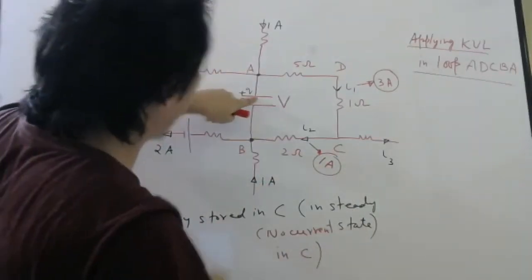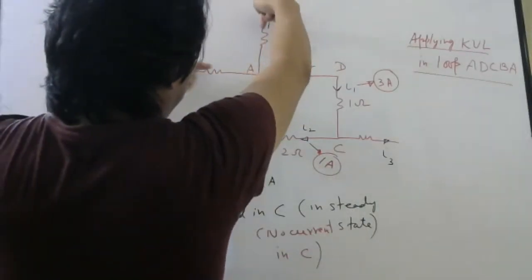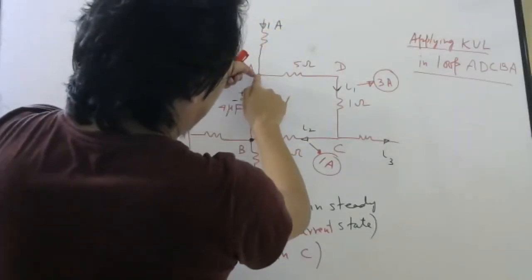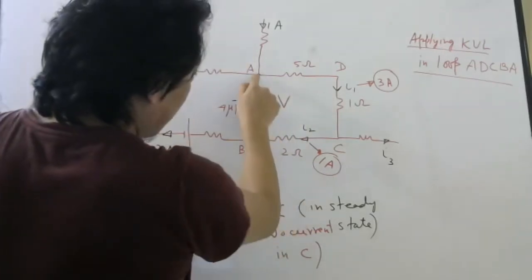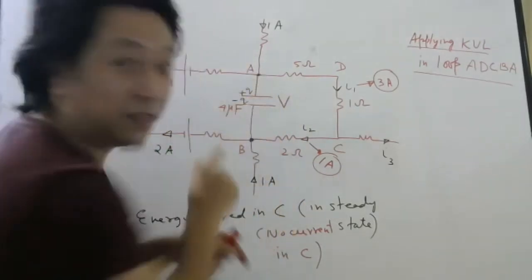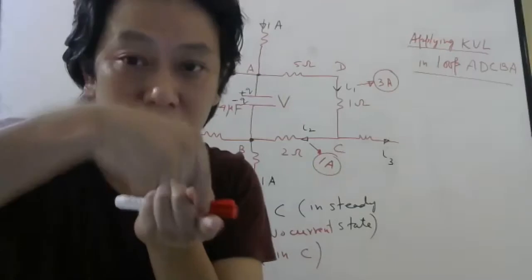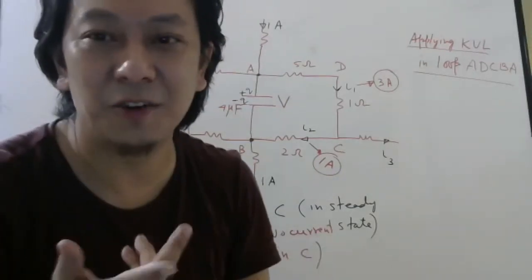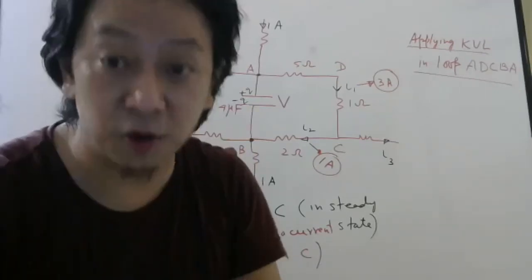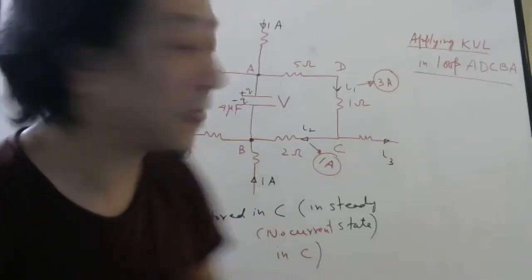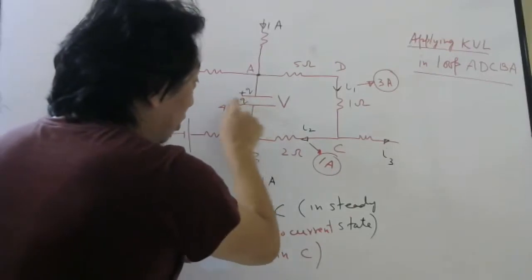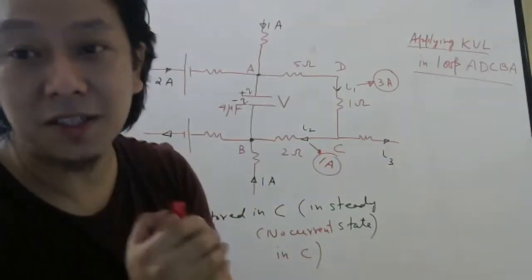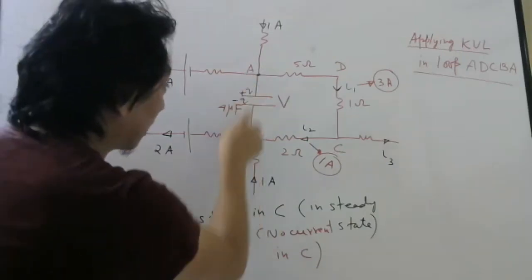How I came to know this is plus is, initially the currents are coming like this. So some current must be going here and some current must be going here. If current is coming like this, it must be positively charged, because current is basically the flow of positive charge. Yes or no? Of course, electrons are moving, I know, but current is always shown opposite to the flow of electrons. So this must have been positively charged. Once the capacitor is fully charged, there will be no current in this branch.